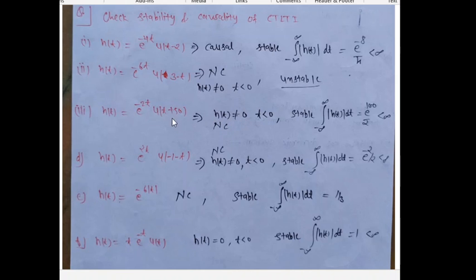So for this one, this is not causal because t is minus 50. Okay, here t is minus 50. So this is saying that t plus 50 greater than 0. So t should be greater than minus 50. So here is some part in the minus axis. So s(t) should not be nonzero here. This system is not causal and this is stable because we can absolutely integrate this one.